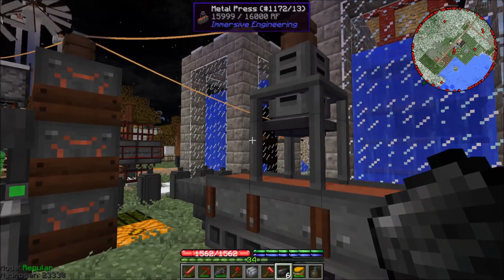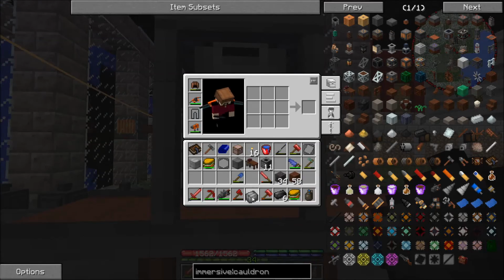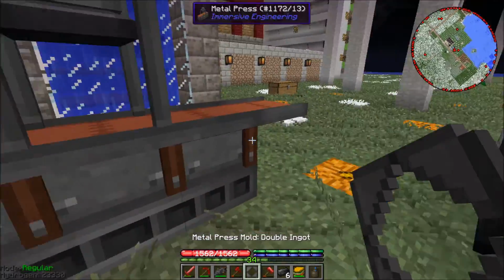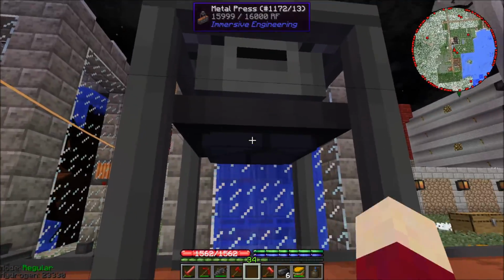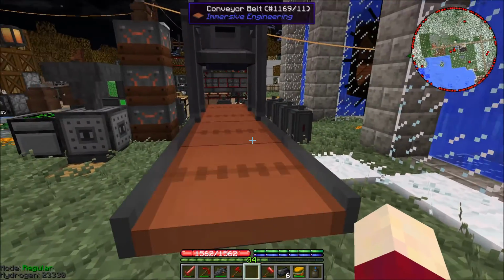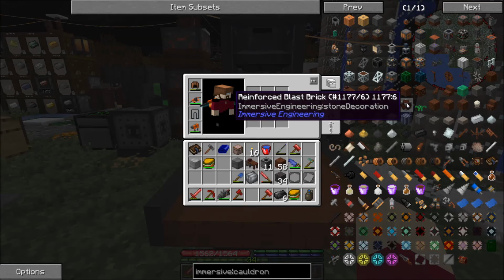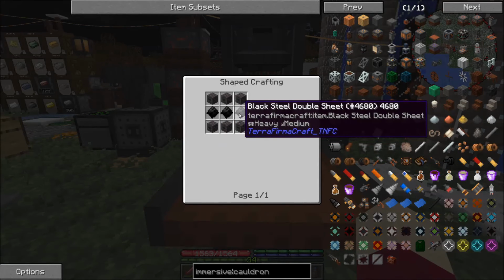So, I am just having a great time with this metal press. I've made a whole bunch of the press molds already. I've got another one on here. So I have the double ingot mold here right now, and now this is really going to speed things along, and you'll see why. Okay, so in order to make these reinforced blast bricks, I need 3 black steel double